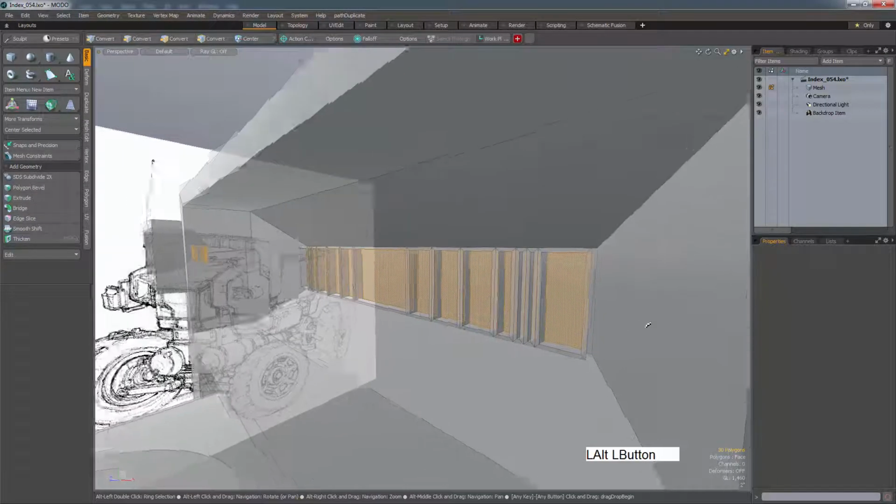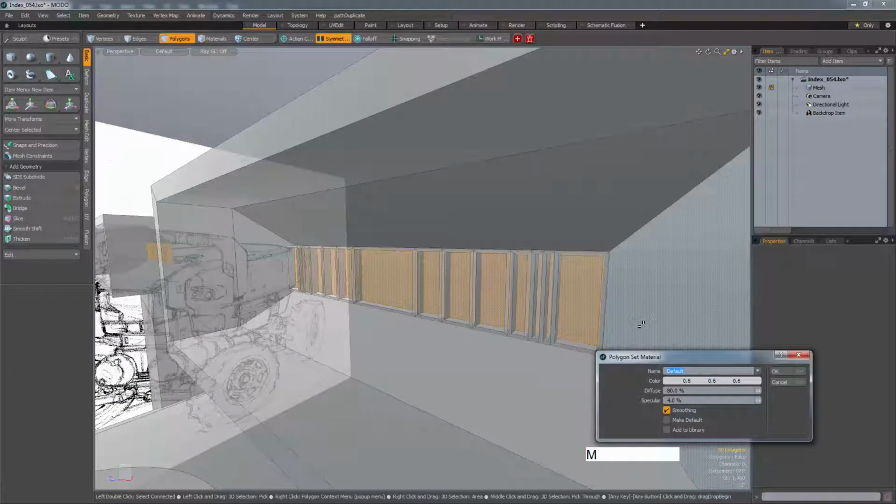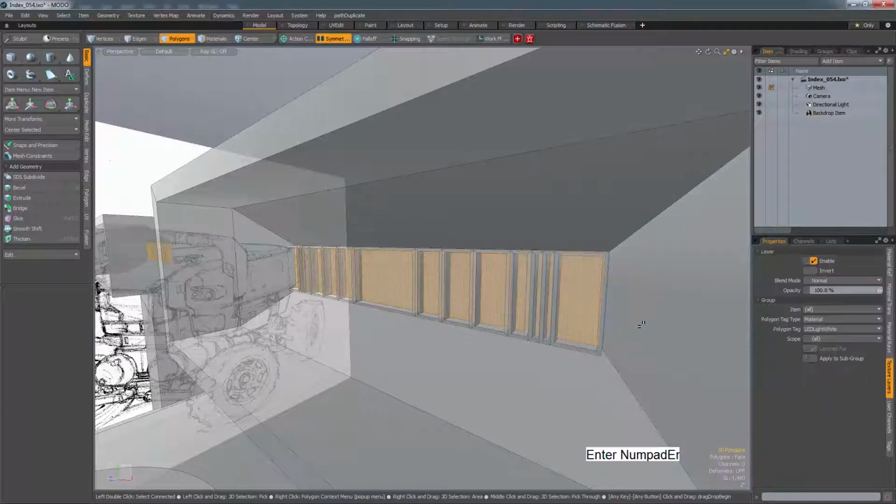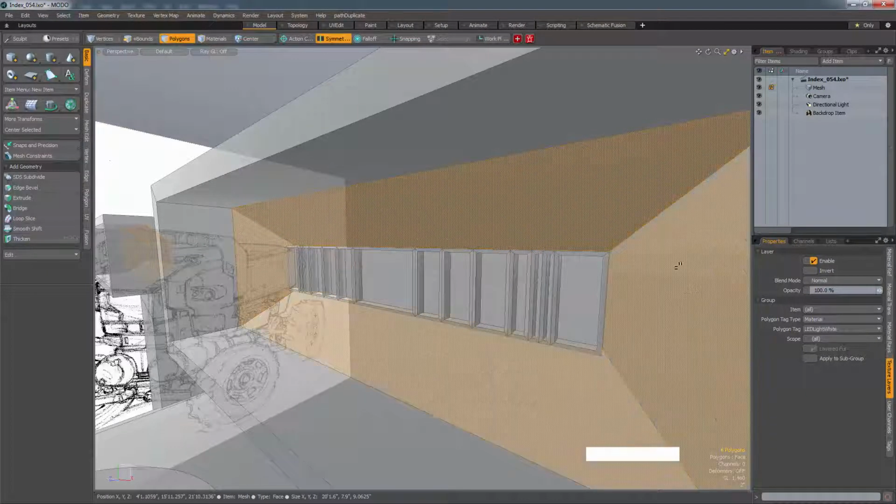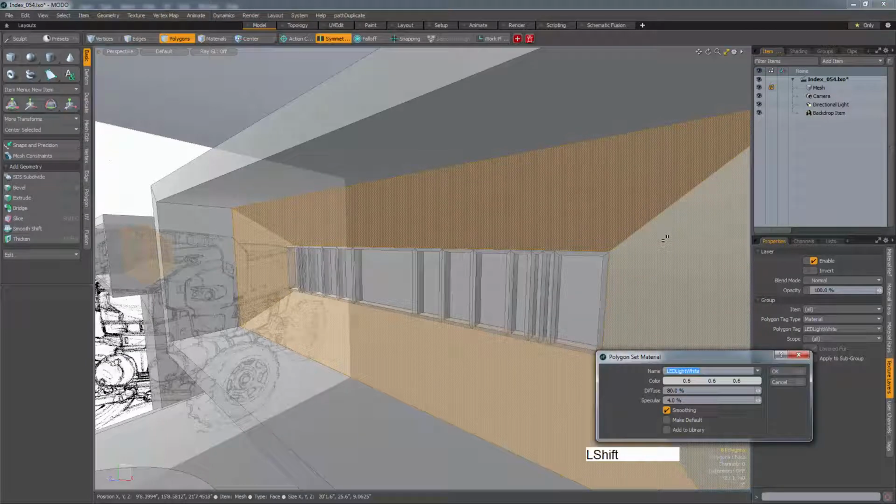And let's give these a material, so M for material, and call it LED light white. Okay, enter. And all of this can be M, this can be chrome,